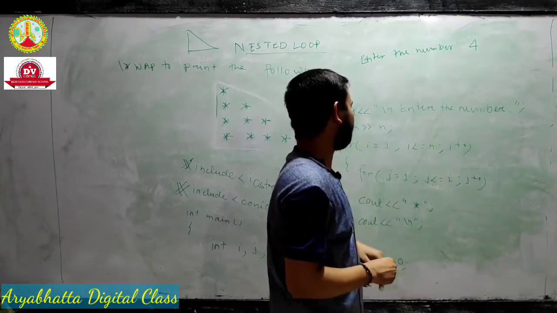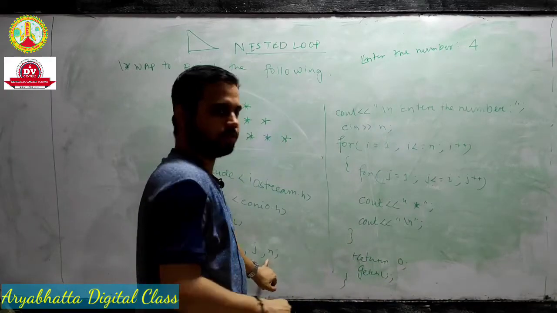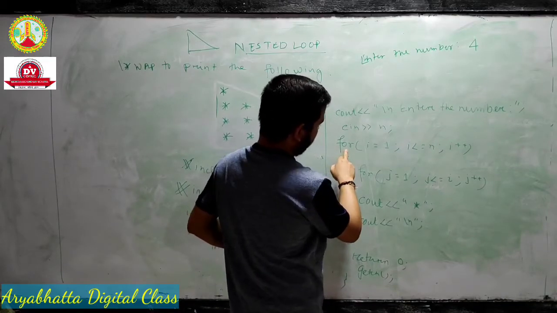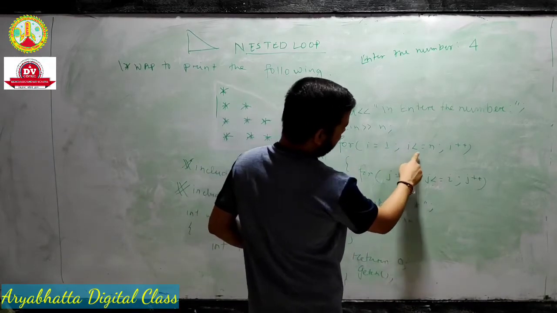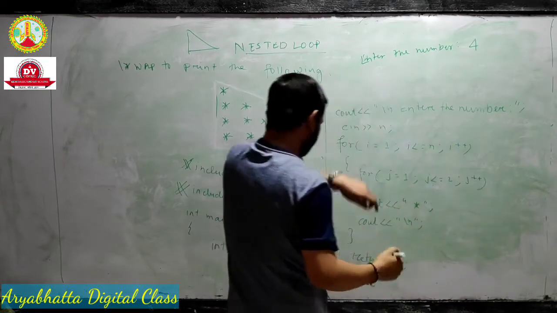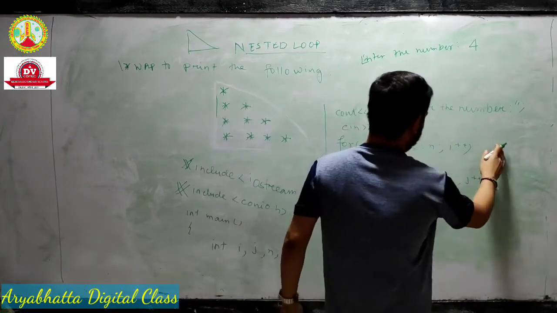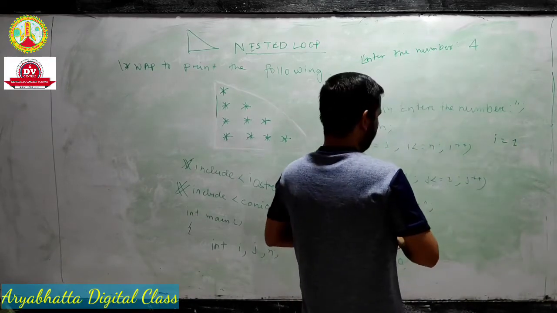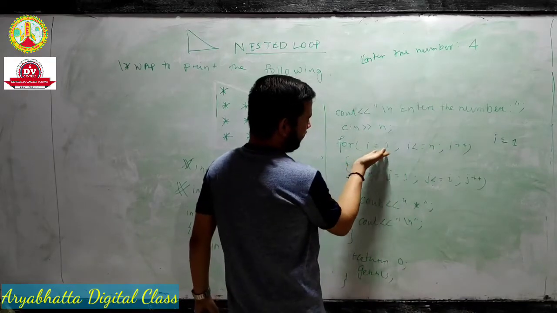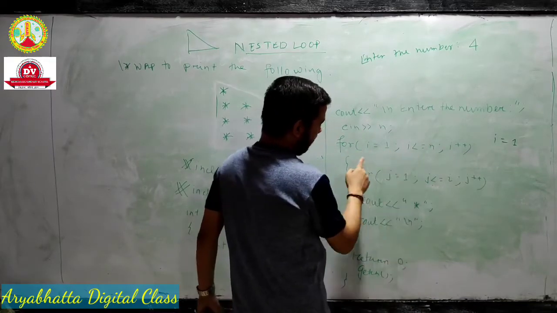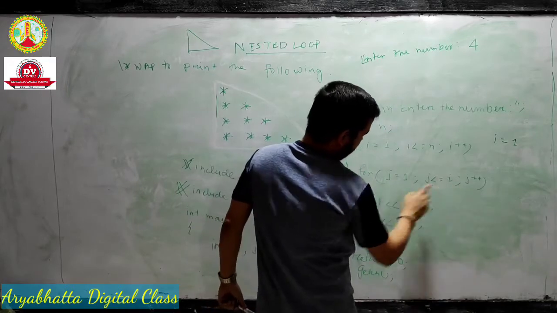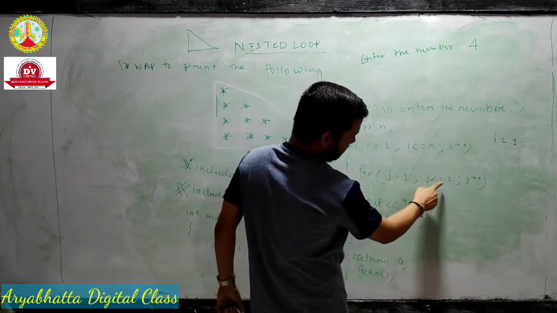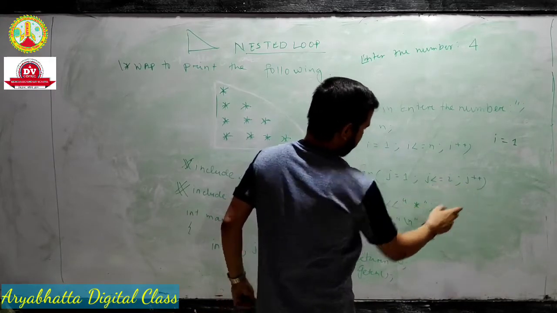The number will come in the variable n, cin n. Okay, this is the for loop: for i equals 1, i less than or equal to n, i plus plus. Okay, you see this very carefully. i equals 1 means when you take one value in this for loop, then you have to enter this loop. This loop is interconnected with this loop. Say j equals 1, j less than or equal to i, this is i, j plus plus.